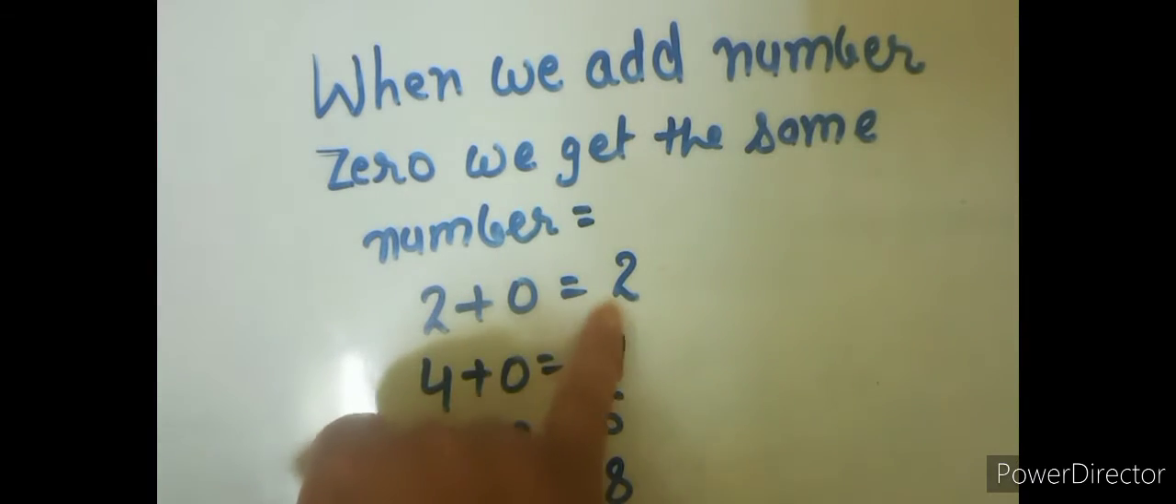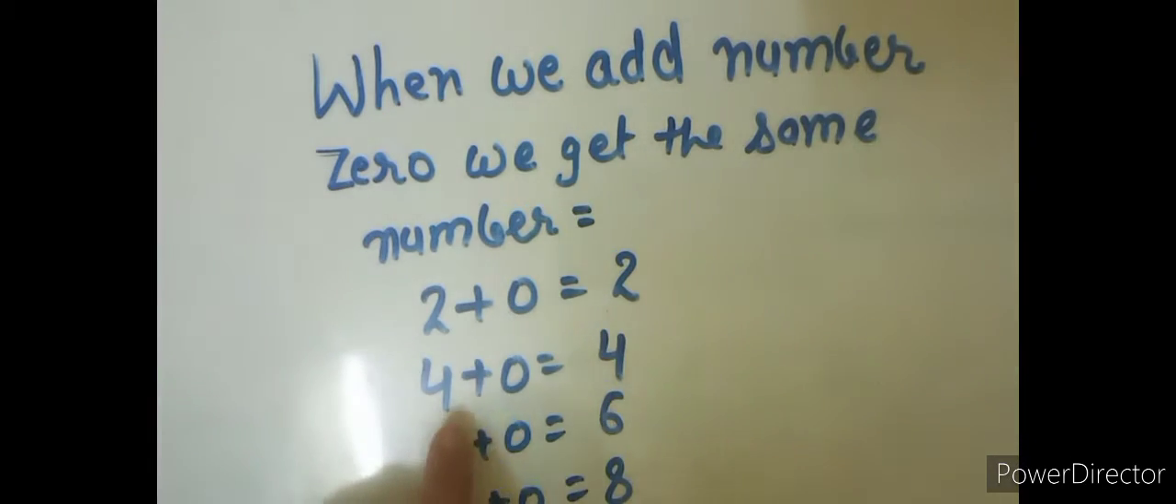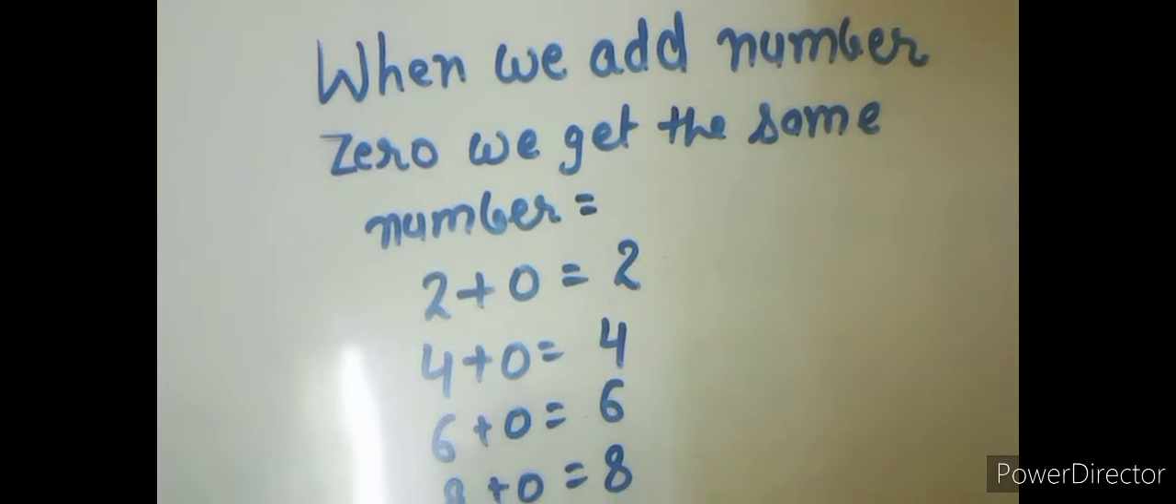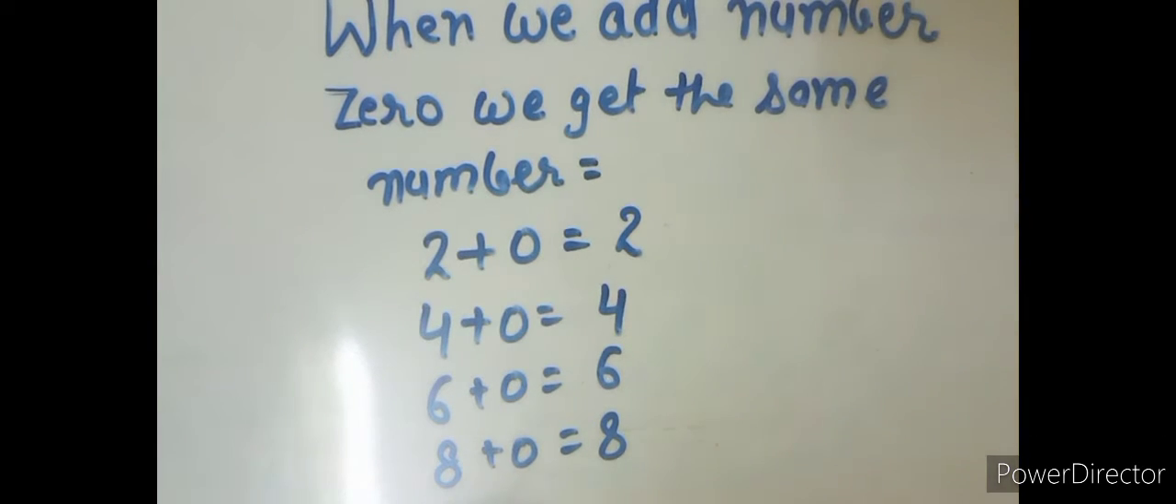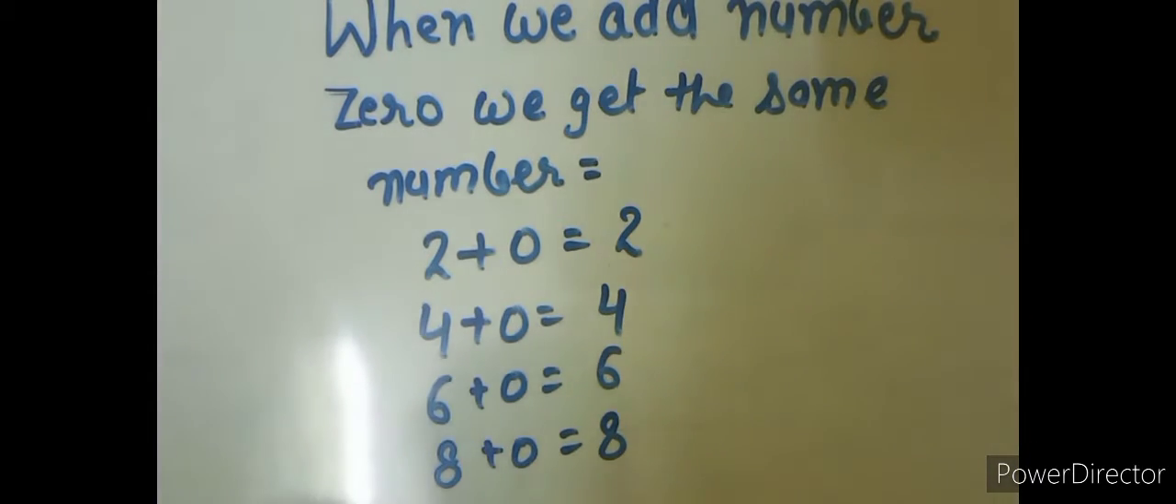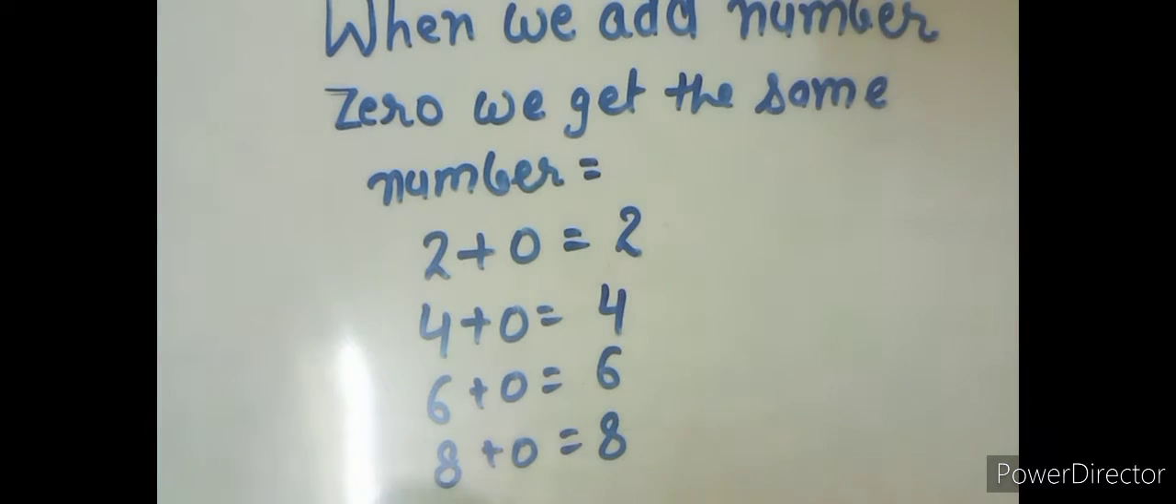Okay, now just look at here example. 2 plus 0 is equal to 2. 4 plus 0 is equal to 4. 6 plus 0 is equal to 6. And 8 plus 0 is equal to 8. Okay student, you have to always remember